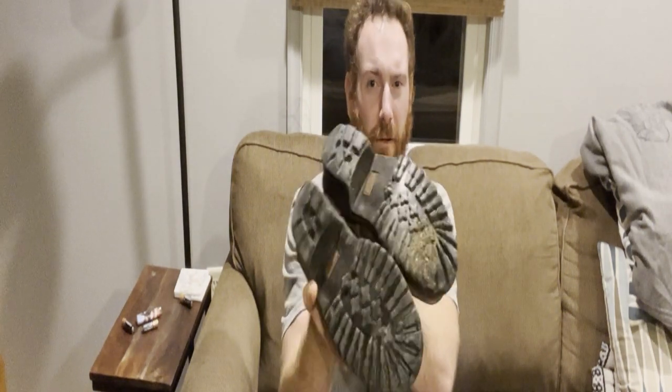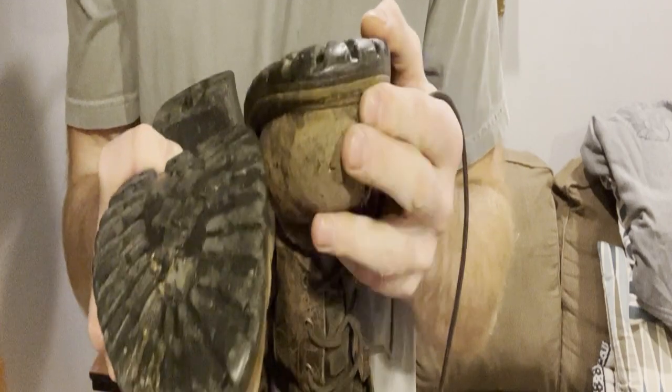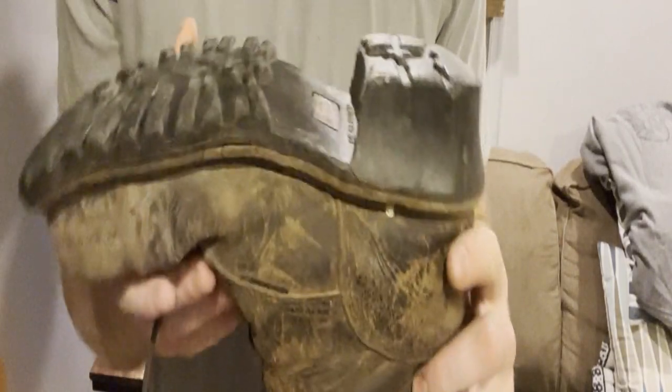Left boot does have more of a toe wound, if you can see that. I got some shoe glue in there and capped off this wound. But regardless, both boots, and you can clearly see I still wear them, but both boots still have a good seal, good bonding between the boot and the sole itself, all the way around, both boots. I just dropped one. But good bonding,